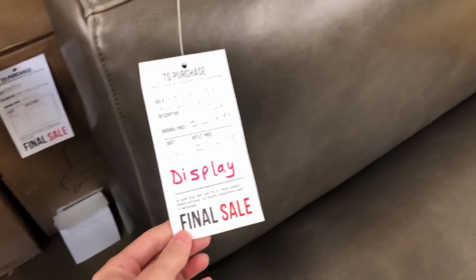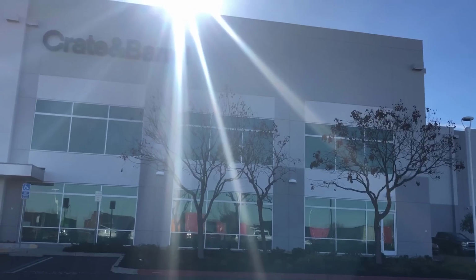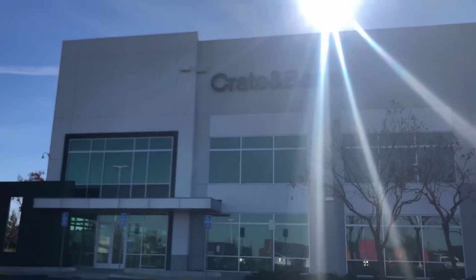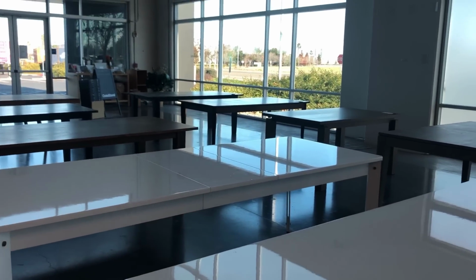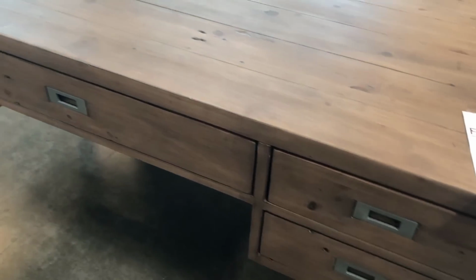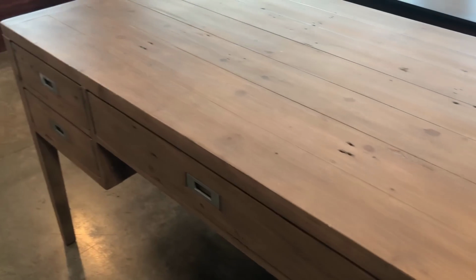And with that, let's get shopping. So our first stop is the Crate and Barrel outlet, or the Crate and Barrel warehouse. This is one of my favorite places to look for furniture because things are so inexpensive and you can get really quality furniture. One of the pieces we are specifically looking for is a desk for our office, and this